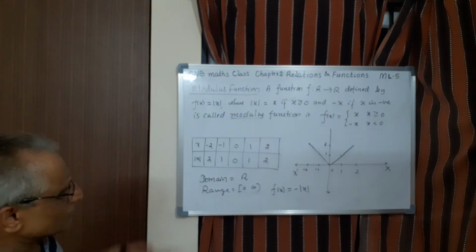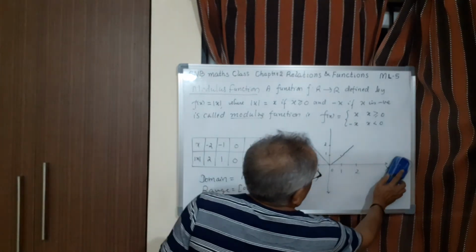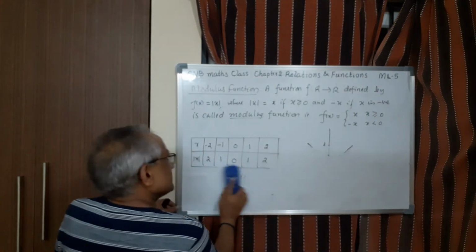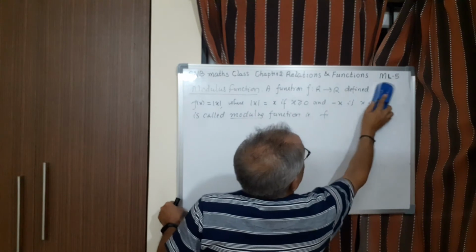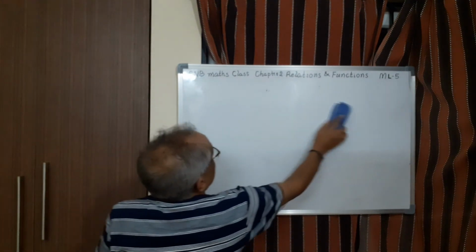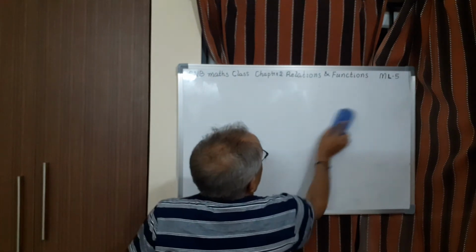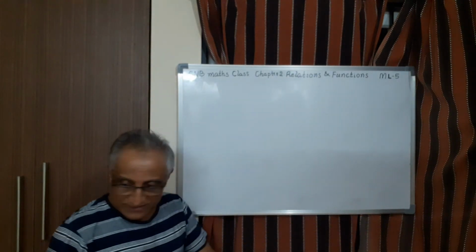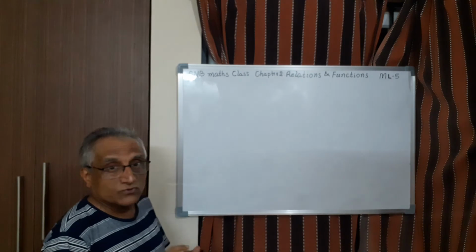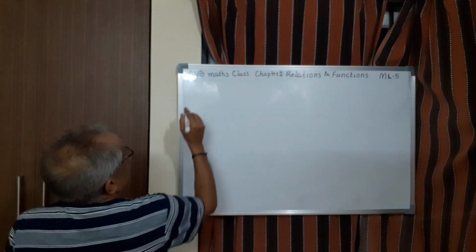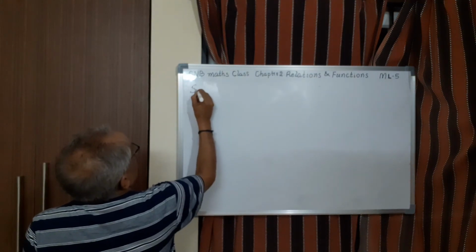So this is about mod as an absolute value function. So we need not discuss further. So that is sufficient. The next function is, we have to discuss two more functions. So one is the signum function. Let me introduce that function and then I think we can conclude. So the next function is the signum function.